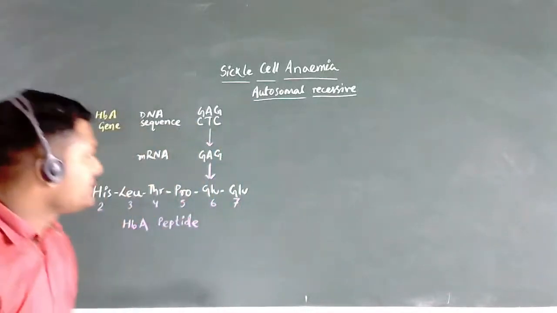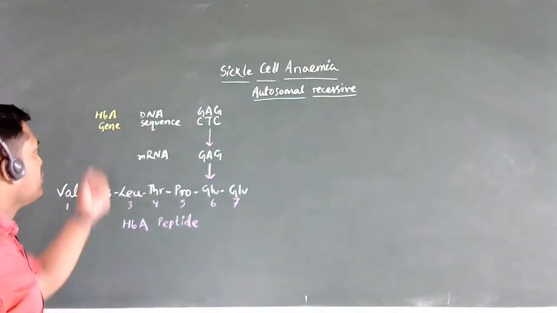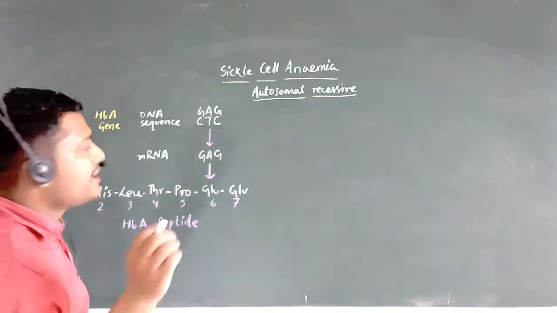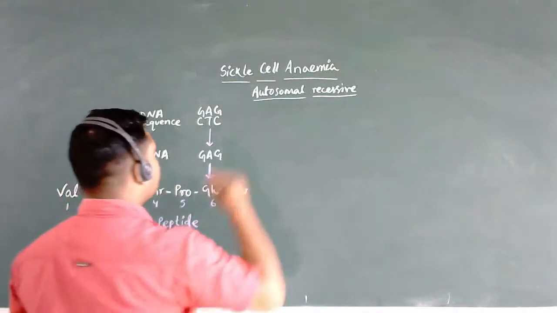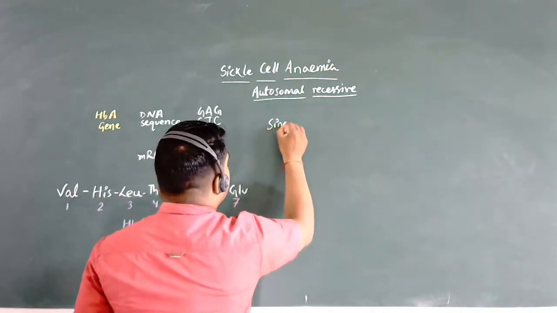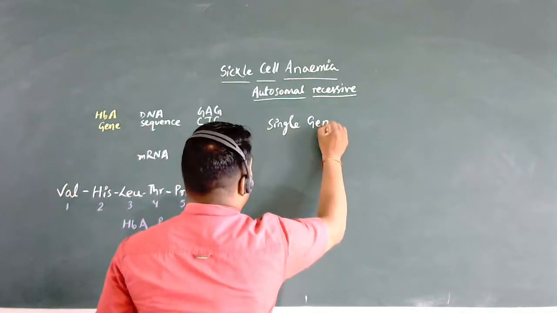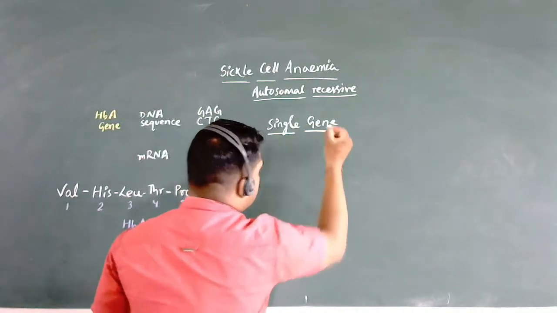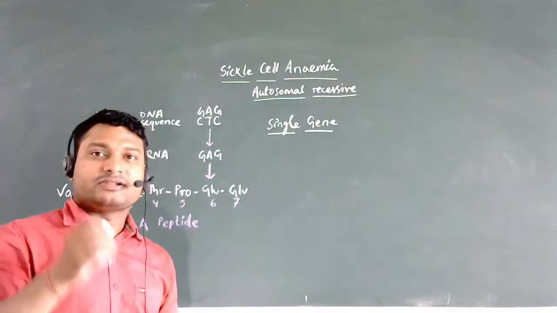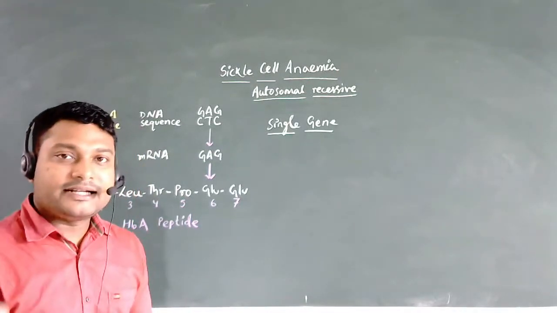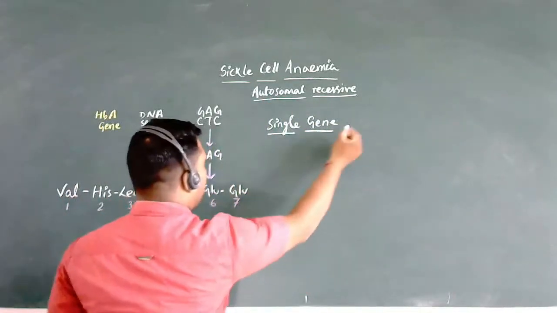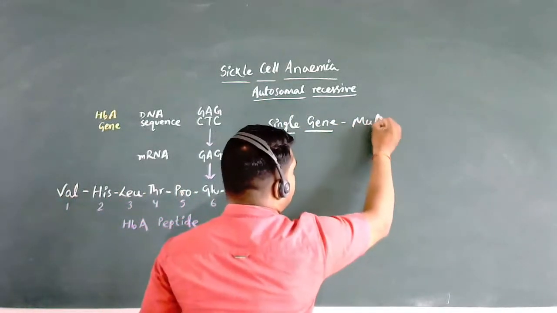So first thing is, you see on top is going to be the sequence of DNA. Okay, before we go into that, let us discuss some of the basics. Now what are the basics here? There's a problem with a single gene. Because of this single gene mutation, this disease is also known as a Mendelian disease or Mendelian disorder. So there is a problem with a single gene. Why? Because there is a mutation in there.